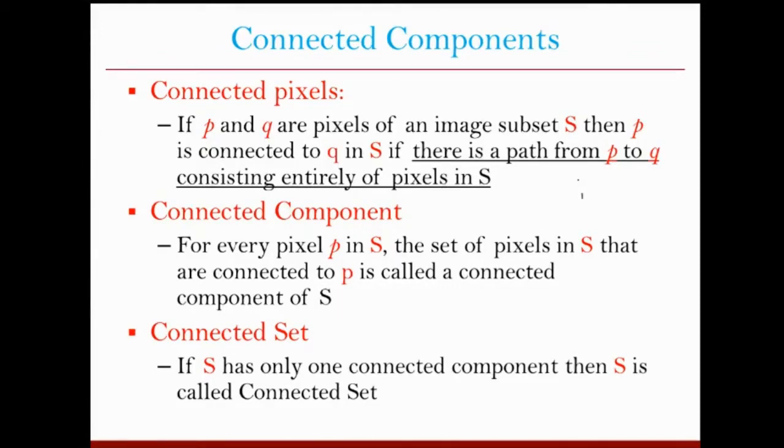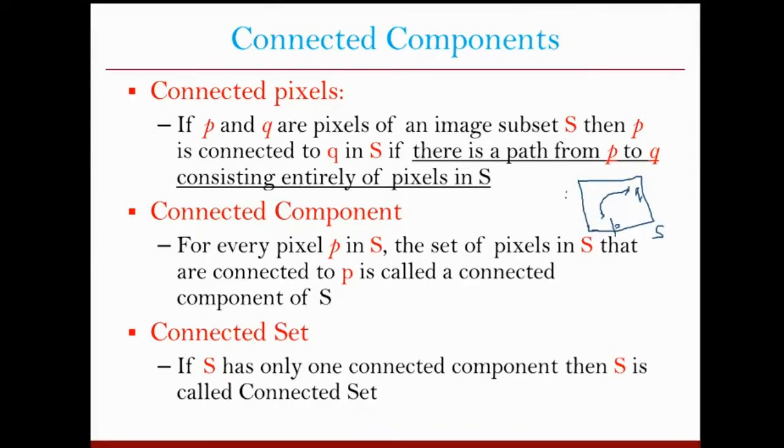Okay, so basically it says that you have, let's say, a set S. This area defines these set of pixels which are in S, and there is a pixel P here, and there is a pixel Q here, and you want to say that they are connected pixels, then there should be a path from P to Q which connects them. And by saying that entirely it should be in S, this means when you are going from P to Q, this path should contain all the pixels which are in this box only.